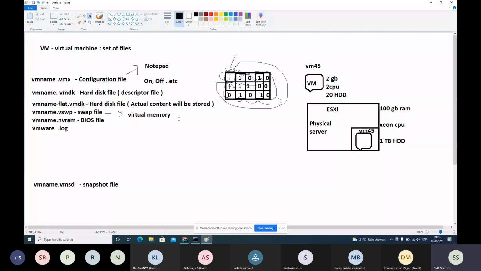Okay. And NVRAM, the BIOS file. Basically, if you power on a physical computer, laptop or desktop, a blank screen will display once you power on. It will show starting Windows, then the operating system will be loaded. When you enter the correct password, if the password matches in the password file, then you will see the desktop. So all the instructions from the time you power on a computer until the computer is powered on, whatever instructions are passed to that computer will be stored in that NVRAM file.